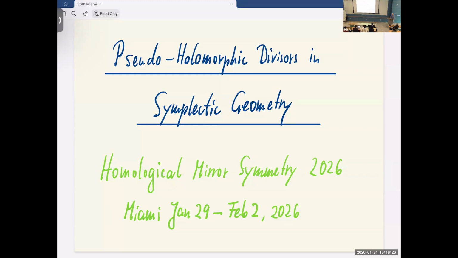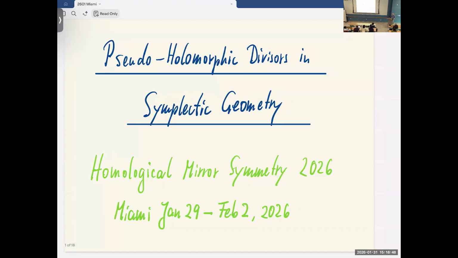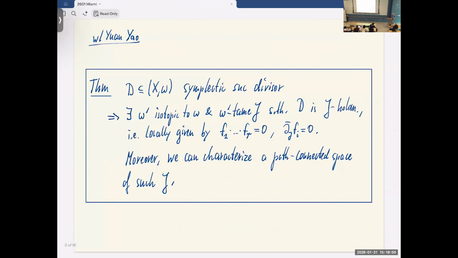Common wisdom in symplectic geometry is that we choose a tame almost complex structure, and then we look at curves, and we have lots of functions on the curve, but we have essentially no functions for a general almost complex structure on a manifold. Nevertheless,